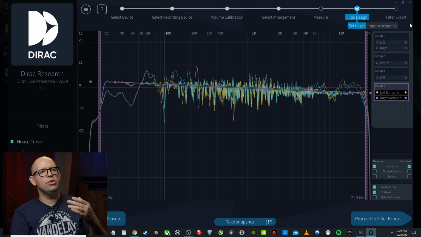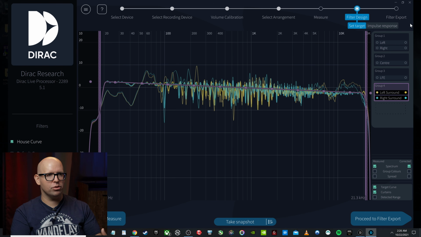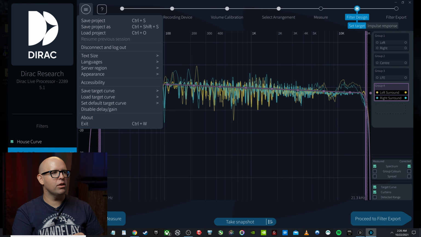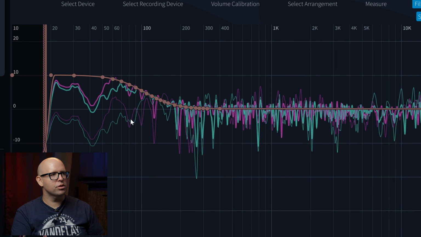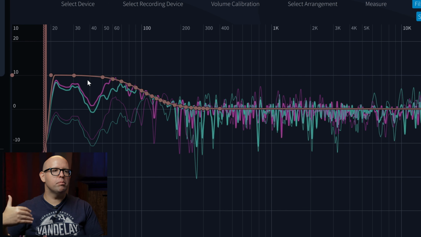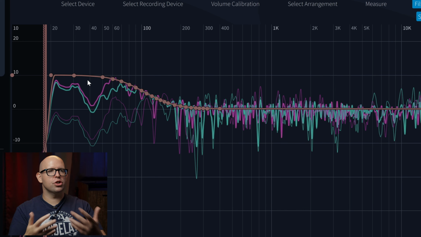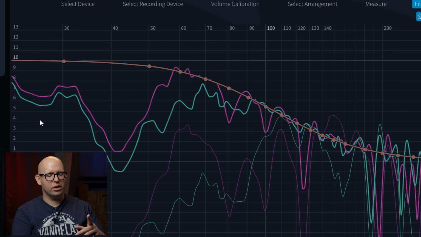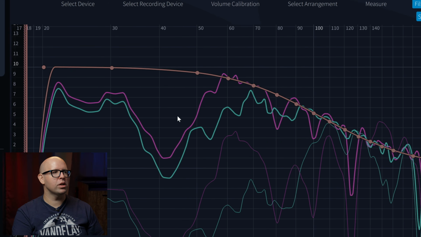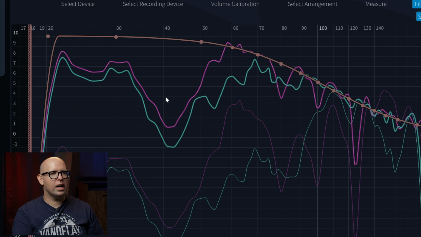I will touch on one thing real quick that I want to cover because I think it's important. So if you are like me and you want to have a house curve, when I loaded that house curve file up, you'll notice something that I didn't really touch on, and that is this right here. So basically, Dirac will only boost the volume to a certain extent. It won't boost it to the point where you could potentially damage something or hurt something. And you'll notice that our subwoofer, even though we've boosted it up here, it's not reaching that area. You can also use the mouse wheel to zoom in, and then you click, kind of drag around to navigate that.